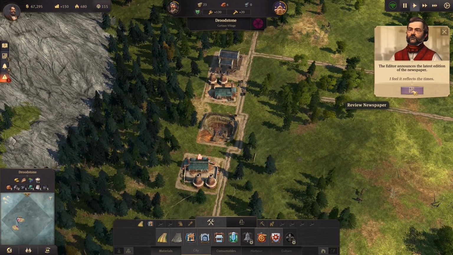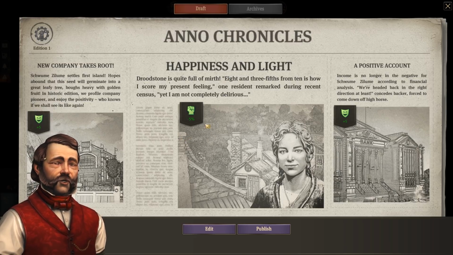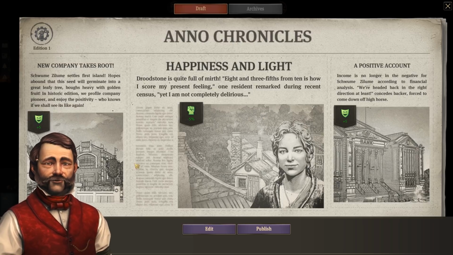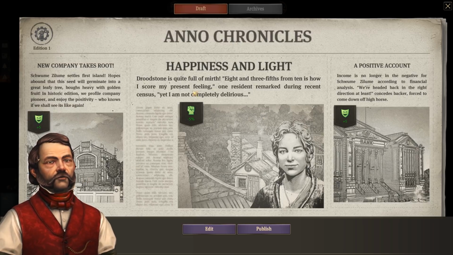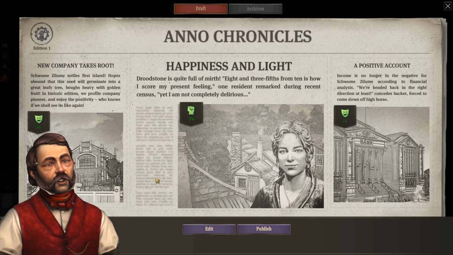So we have our first newspaper as well, so we can review the newspaper. What will happen is this is based on the various things that happen in your city. This guy needs to shut up because he's trying to talk over me. But this is based on things that happen in your city. So you can see we have a new company that takes root. So Shwoomzaloom settles his first island. That's obviously me. And there's various things. The effect of this one is that our happiness rises by 5. For this one, the chance of riots goes down by 5, and for this one, the happiness goes up by 5 again. So these are all good, so we can just publish this,